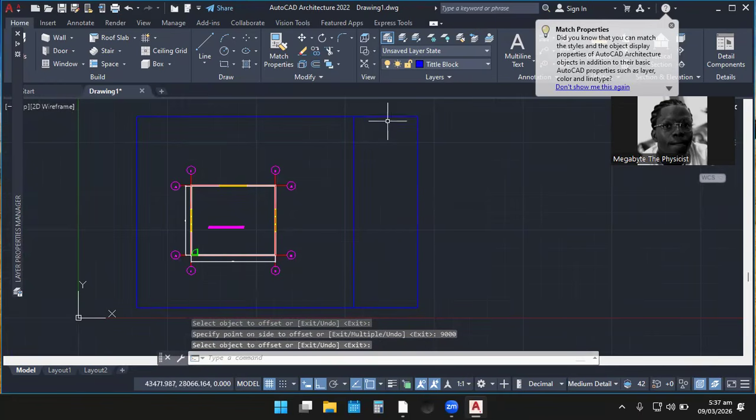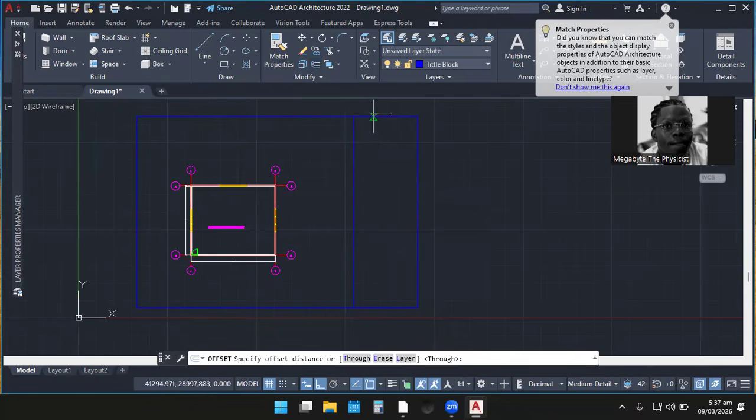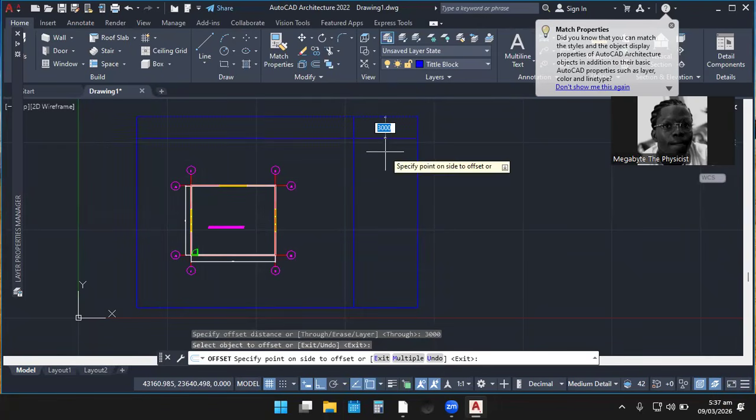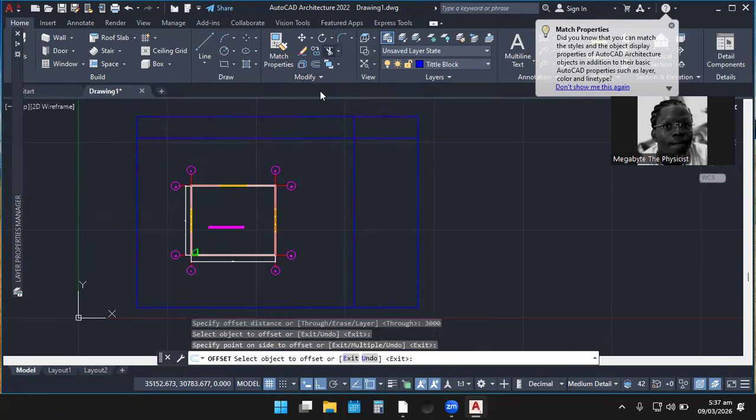Then we can now create a different one for our remark. It's still a matter of offset. So let's just maintain a distance like 3,000. So I want to offset this 3,000. You see, then I can just come and trim this unnecessary part. It is gone. So I'm going to write remark over it.